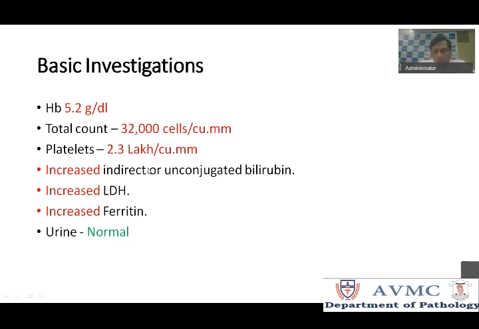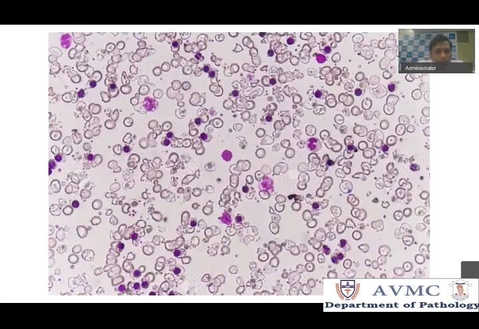Okay, so let's go and see the smear. So this is what the smear is about. You find the RBCs exhibiting marked anisopoikilocytosis, and it's all hypochromic. Okay, you don't find normal hemoglobinization. It's all hypochromic, and there are a lot of target cells. Here is a target cell. Here is a target cell. Here is a target cell. So a lot of target cells, microcytic hypochromic RBCs, and beyond that, I just want you to see all these.